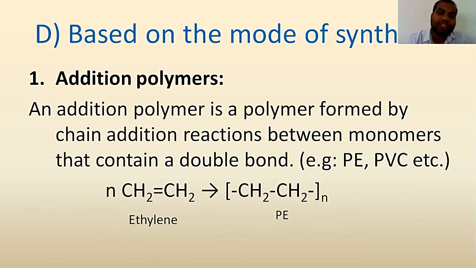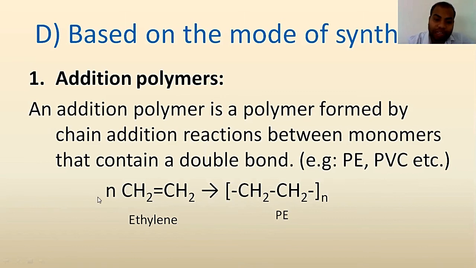But these are the addition polymers where the double bond, the pi bond, is broken. We know that in a double bond, one is a sigma bond and another is a pi bond. The pi bond is nothing but an electron cloud, and on applying energy, this electron cloud breaks, and electrons shift towards the carbon. So carbons get their electron back, and during polymerization they share this electron with other carbons so that bonding can form.